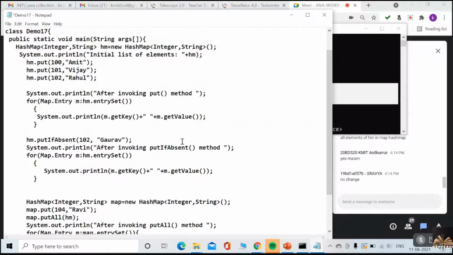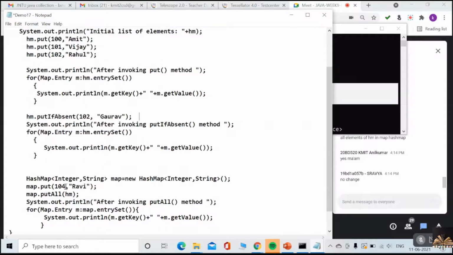Okay. Then I'll ask you one more question, guys. If I say 1 or 2, is it going to be overridden, Rahul with Ravi? Yes, obviously, because I'm just using the put method.